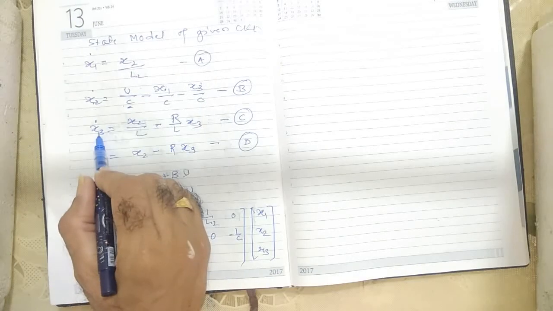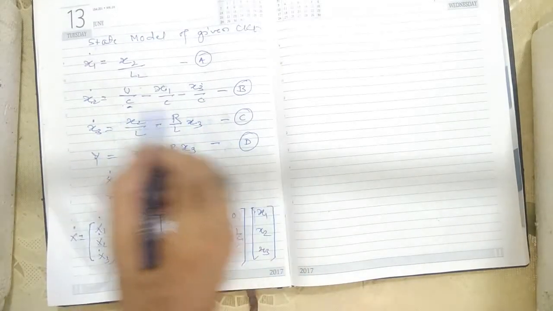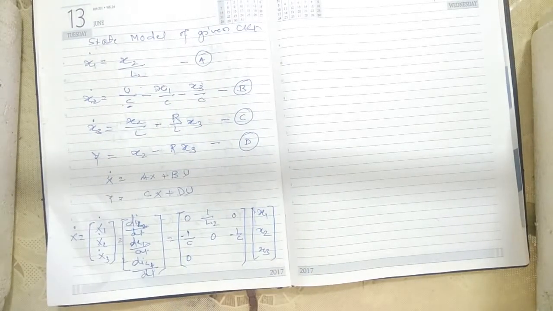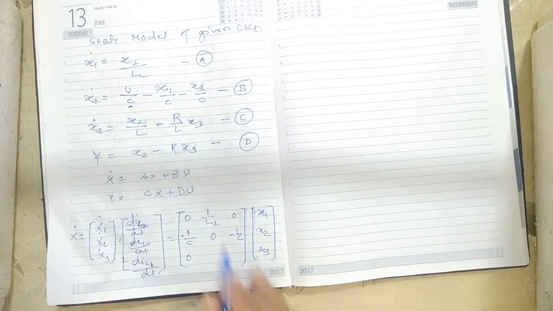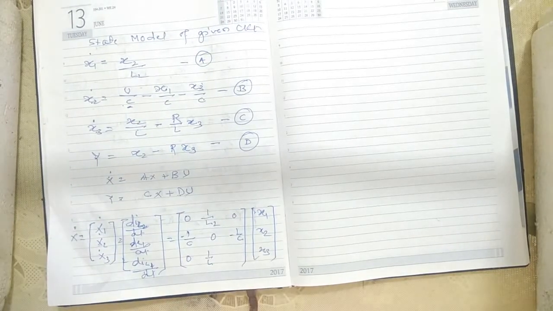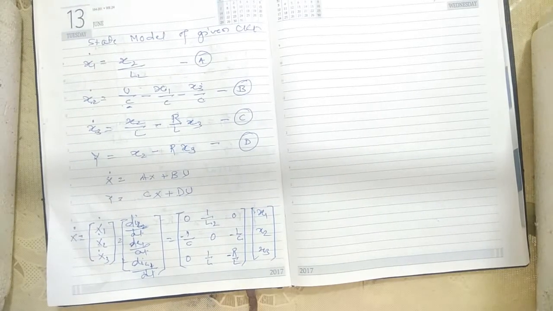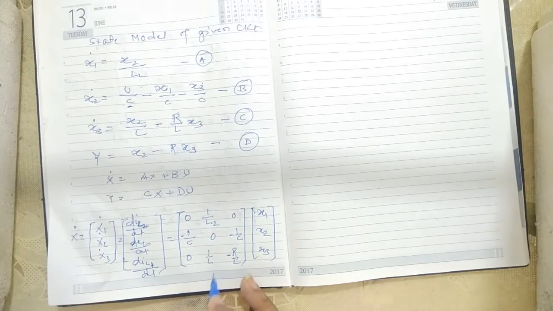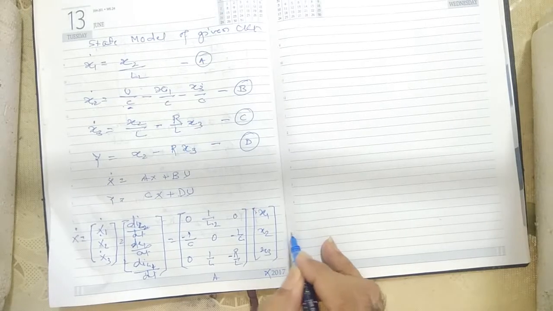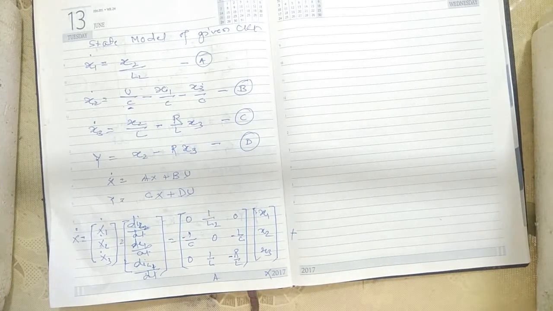Now x3 dot. Is there any term of x1? No, so we will put here 0. What is the coefficient of x2? That is 1 by L. And what is the coefficient of x3? Minus R by L. So this is my matrix A. This is my matrix X, plus